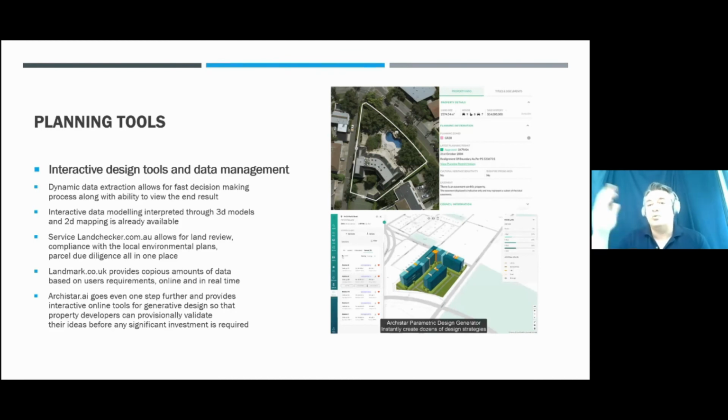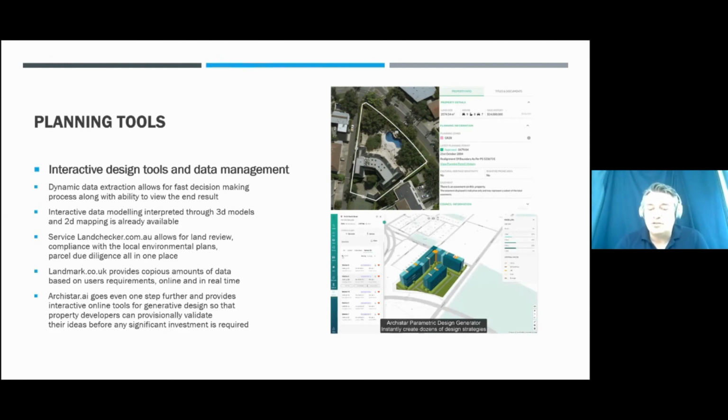and then in the end, you say, okay, I will not buy this land because it's not a viable project. That will burn a bit. So let's not do that. What you can do is use the Archistar parametric design generator. You can pick a few spots in the city that you find interesting. You can check the prices as well. What was the surrounding area of the latest purchases? You can then project somewhat the cost of the land. And then you can apply the inputs that you can find from the local environmental plans, and you can easily see what can be built over there.